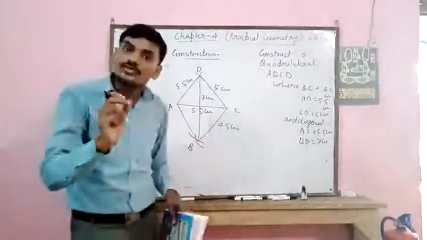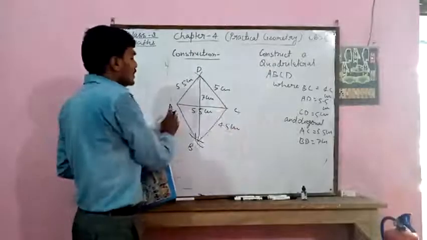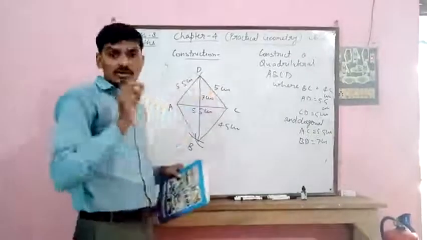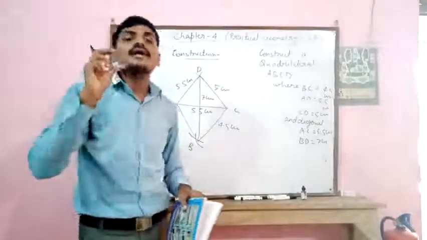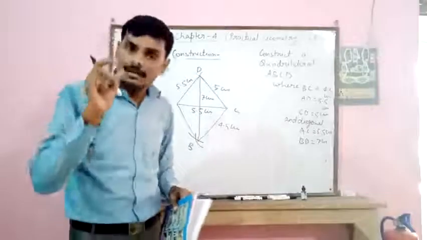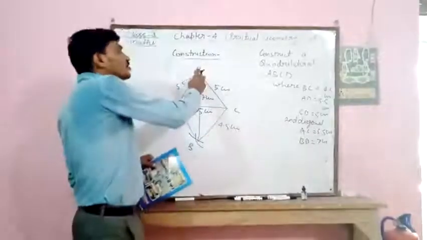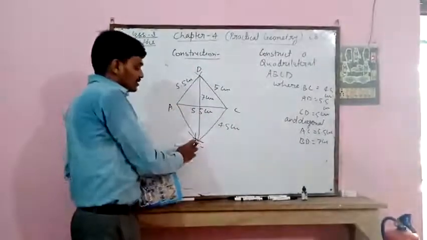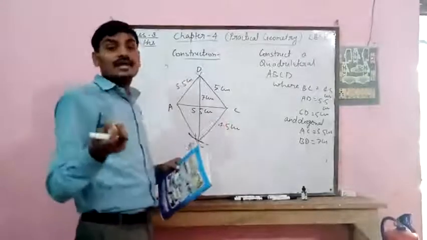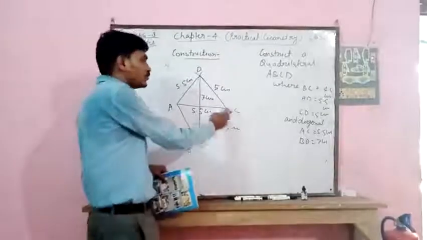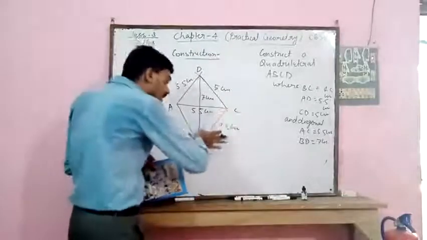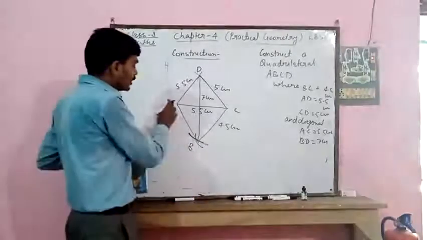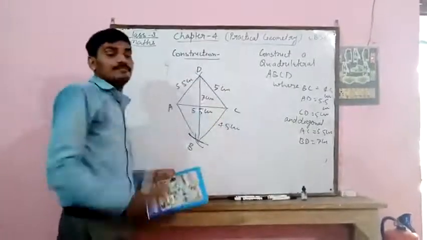First of all, you should draw triangle ADC, where AC is equal to 5.5 centimeter, AD is equal to 5.5 centimeter, and CD is equal to 5 centimeter. Now measure an arc of 7 centimeter with the help of compass, place your pointer at D and cut an arc of 7 centimeter. Now measure an arc of 4.5 centimeter, put your pointer at C and cut the arc where they meet. This point will be B. Now join all the points. This is your required ABCD.